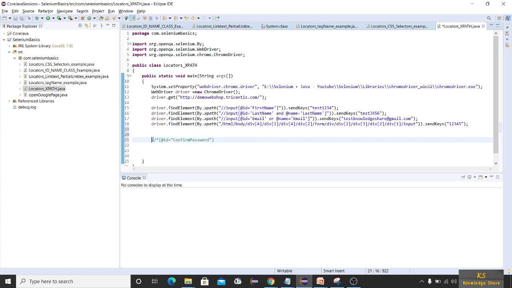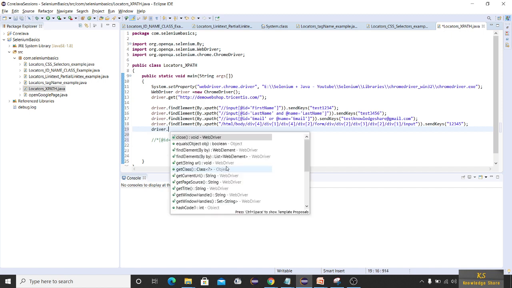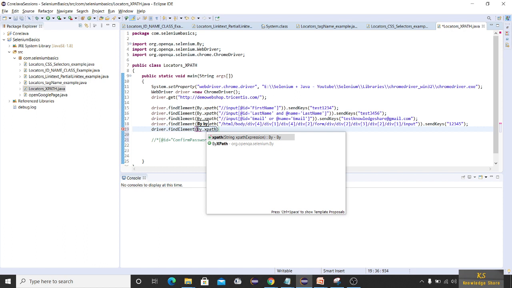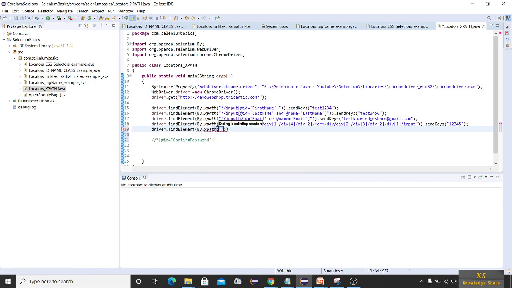You can either write your own relative XPath, or you can copy from the inbuilt feature of the inspector. Now I'll write driver.findElement(By.xpath( ... I'll be using this relative XPath. Cut, paste here.